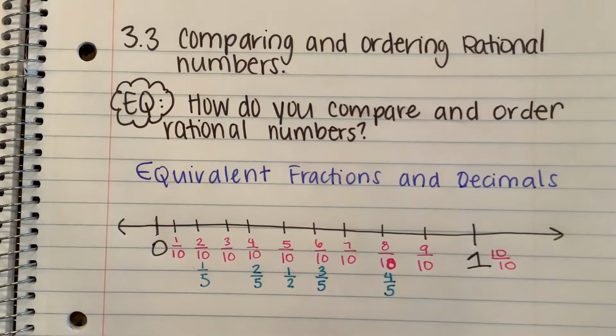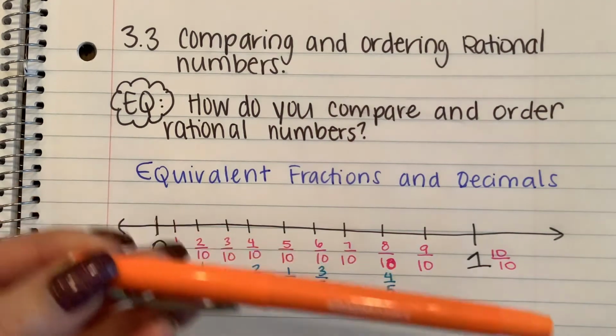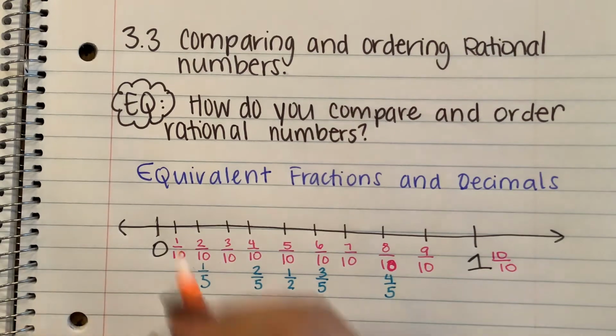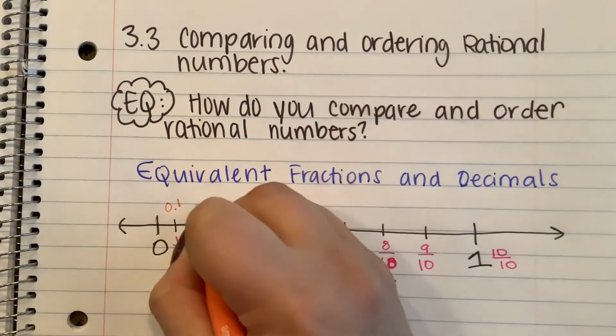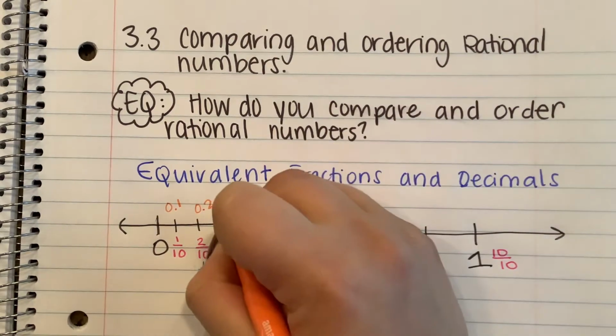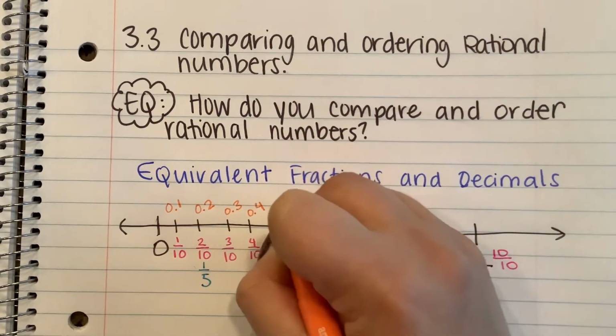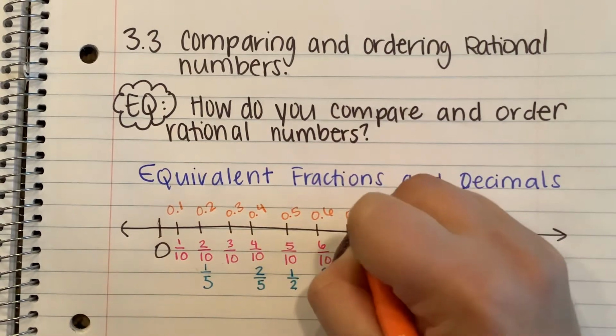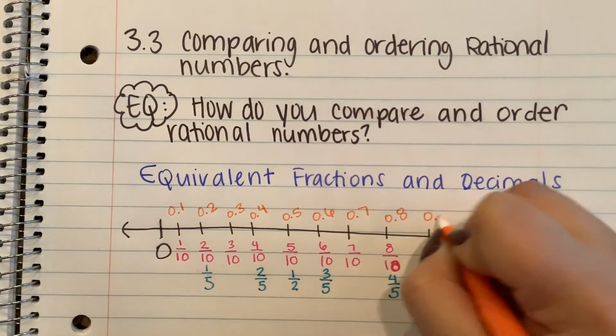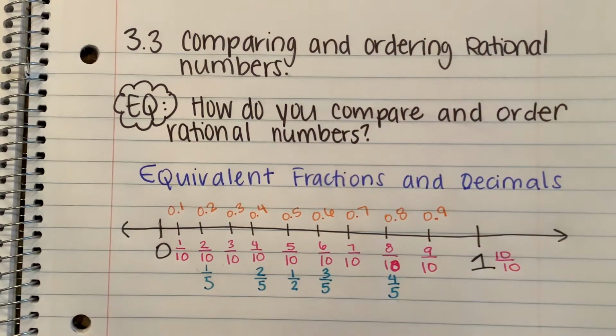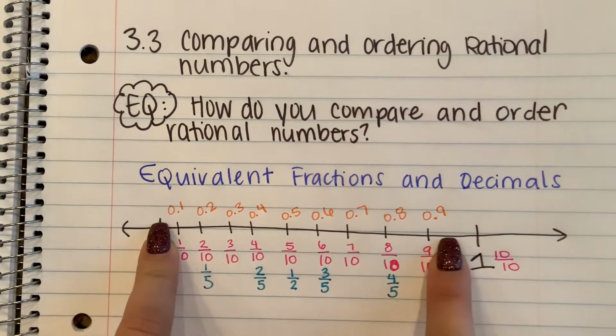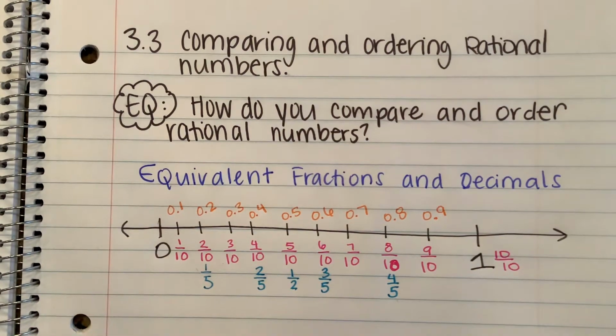Now let's go ahead and write out our decimals, and then we'll talk about some benchmark decimals to keep in mind. So in another color, I'm going to go ahead and write my decimals. So 1/10, 0.1, 2/10, 0.2, and notice how I'm going on with these tenths. So that is our tenths written as decimals. Now something to also think about here is, what if I have a decimal that falls in between one of these other decimals? Like for example,